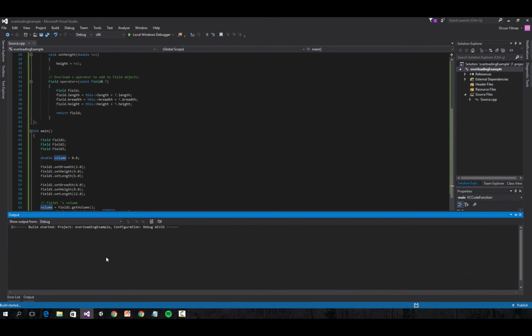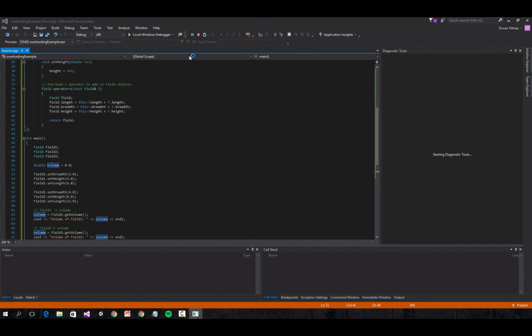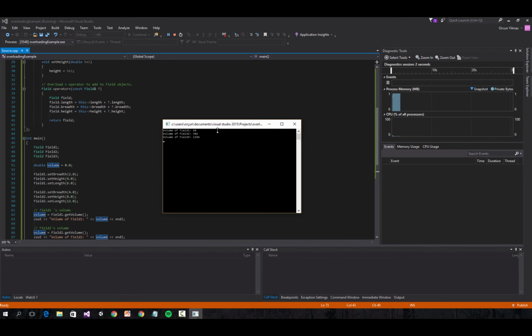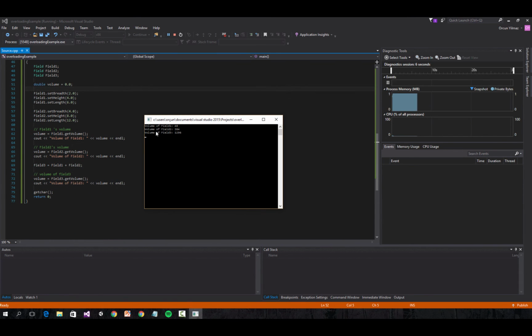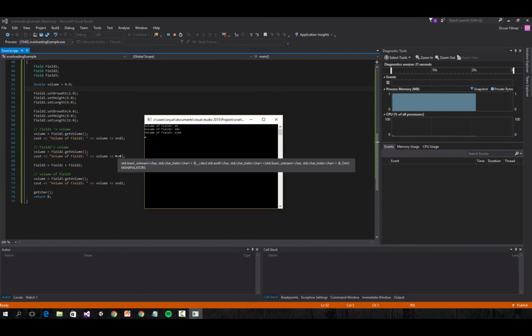Okay, so I'm going to run this code, and at the end we are able to see that volume of field 1 is 48 and volume of field 2 is 384, and the volume of field 3 is 1296. Okay, so that means that we